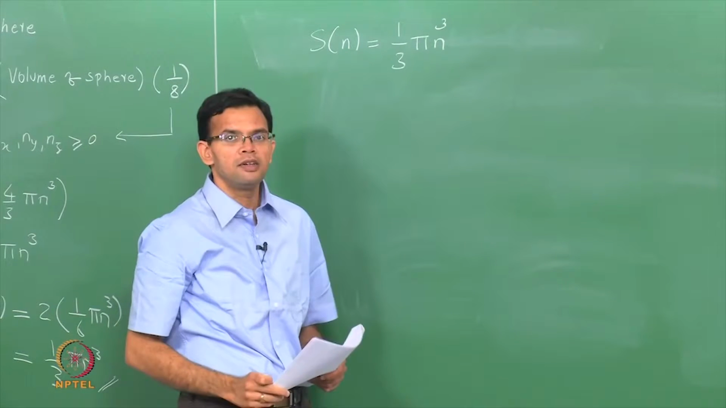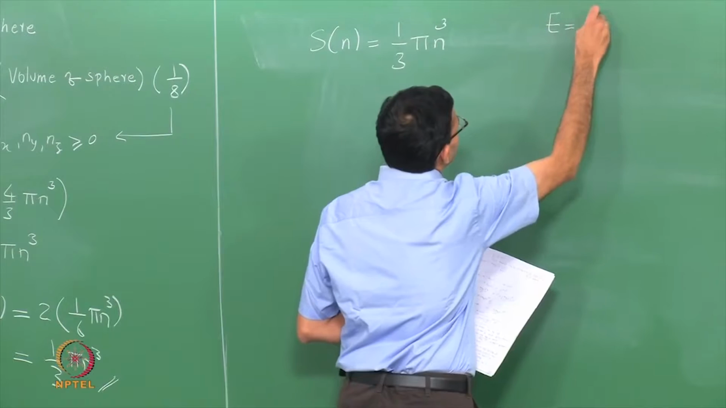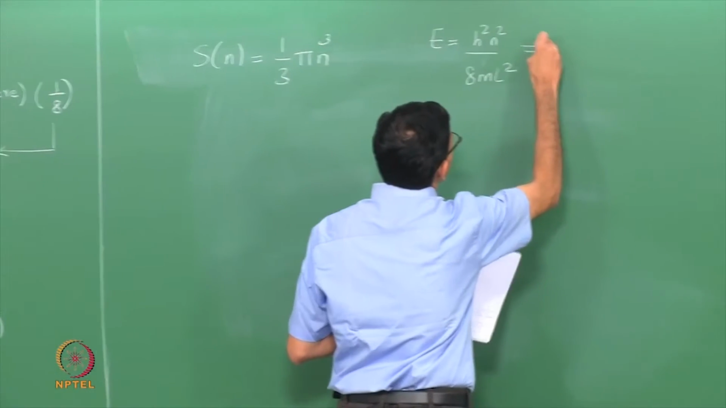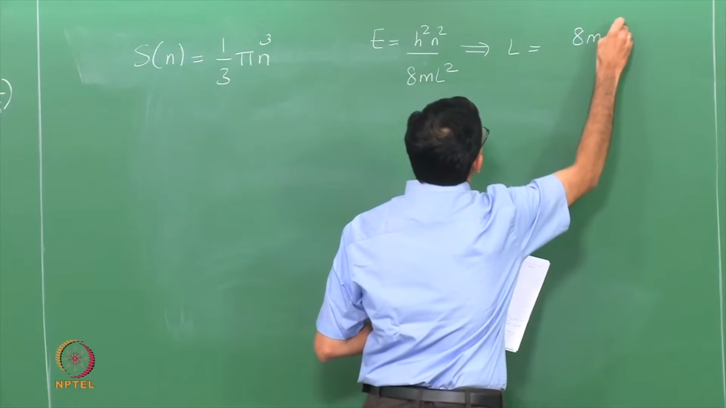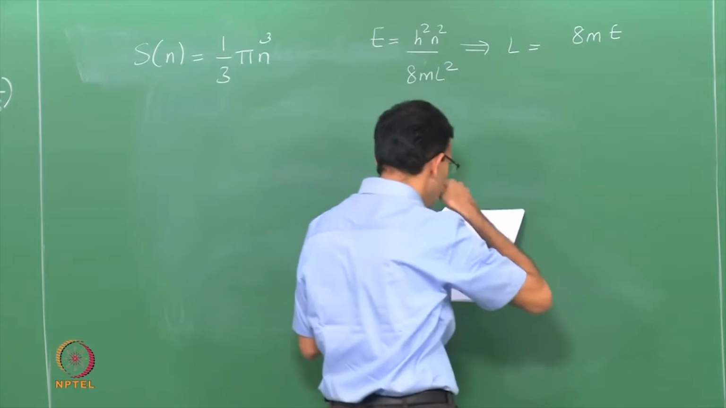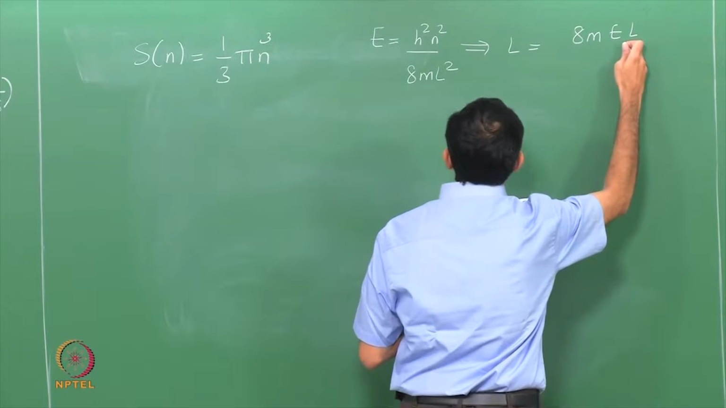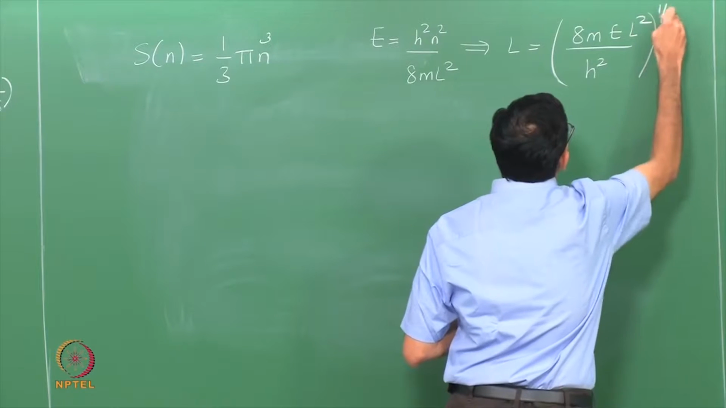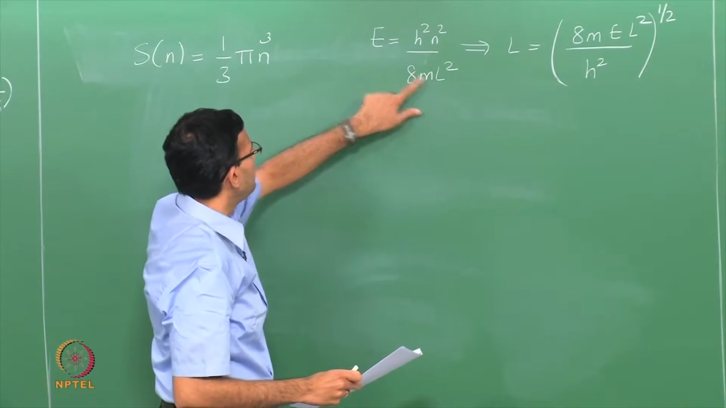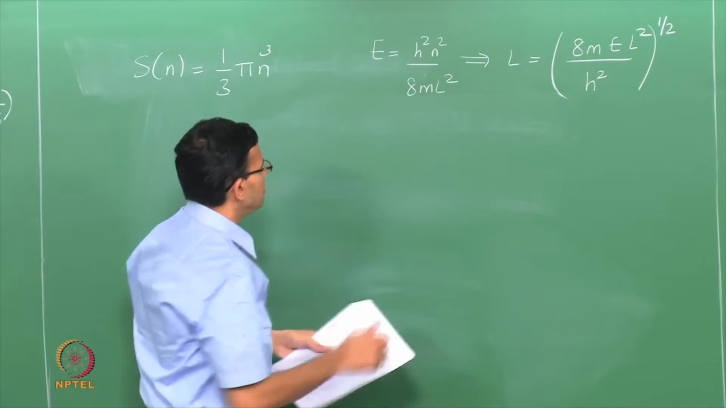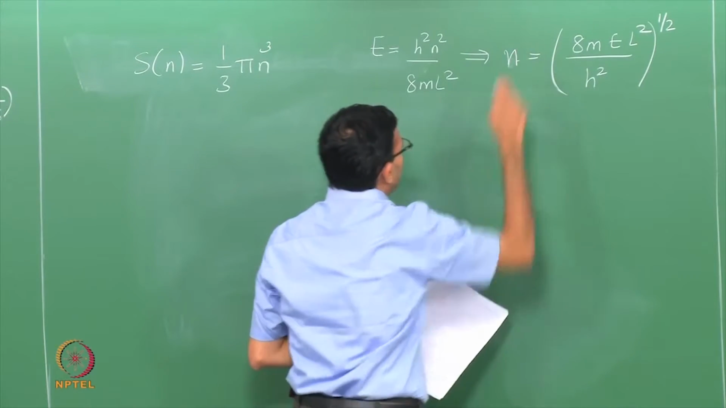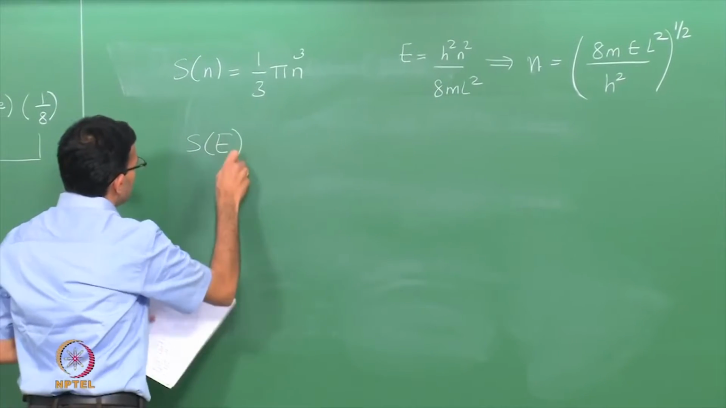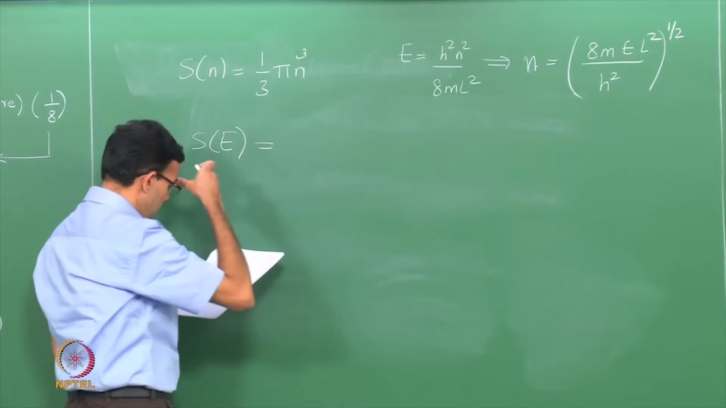We also wrote an expression earlier connecting energy and n. We can rearrange this. So, all I have done is to take L and all the other terms this side and then write n in terms of energy. Substituting for the n here, we can write the total number of states with energy less than E. It is nothing but